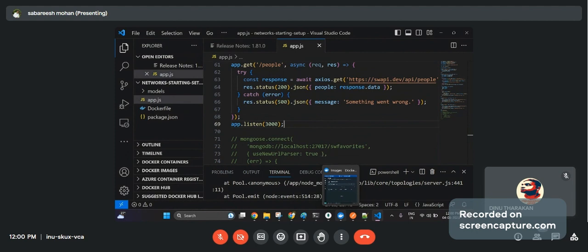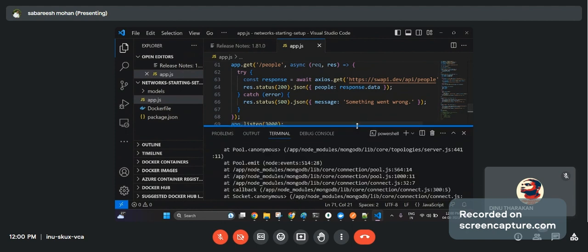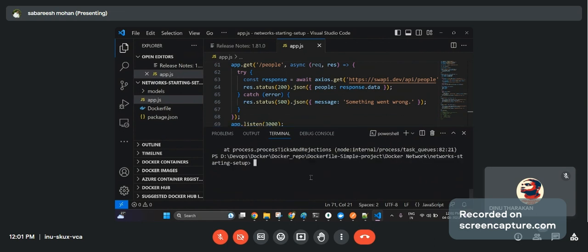Now can I reuse the same image? No, because I modified the application code. So I want to build the image again, and I will add a tag, frontend.